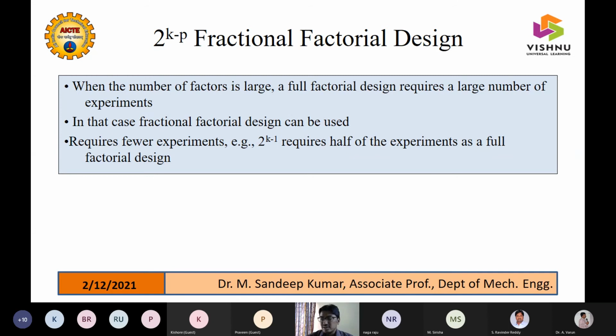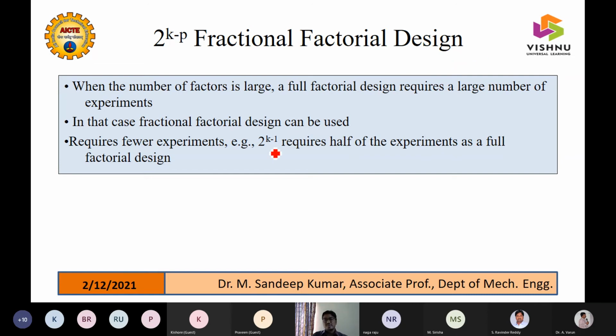So where you can't do full factorial design, there you can use this fractional factorial design, also when the number of factors are more. When it is 2 or 3, it is fine. You can go with the full factorial design. Otherwise, when you have 2 or 3, 4 factors, it is okay. But when you are going for a higher number of factors for trial experiments, right, preliminary experiments, then yes, you can go with the fractional factorial design for preliminary experiments also. So in this case, fractional factorial design can be used.